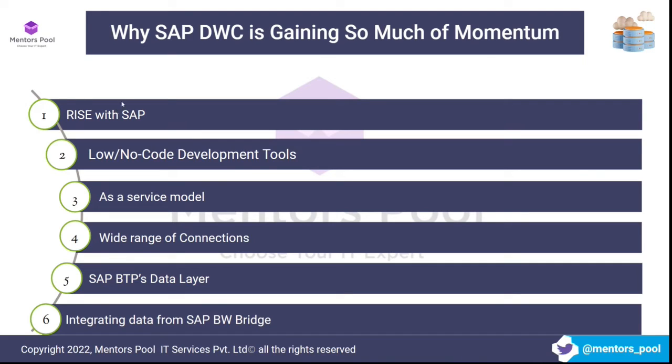So with Rise with SAP, their existing customers might be using some of their SAP on-premise solutions. For example, they might be using SAP ECC. Then SAP hand-holds them, gives them a detailed plan, and even takes on the implementation project for that plan, and then walks the customers through a cloud journey. From SAP ECC, the customers will be brought to the SAP S/4HANA system, right?